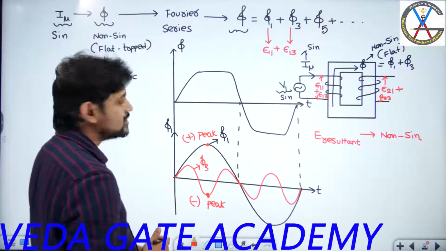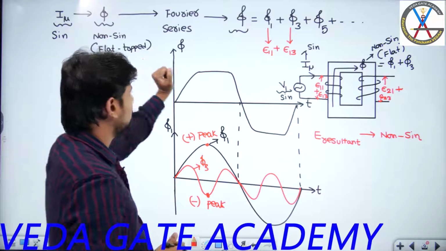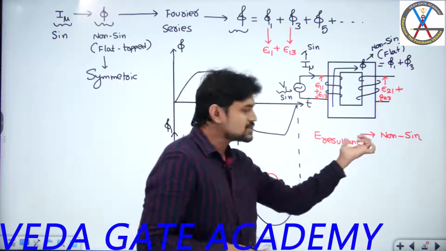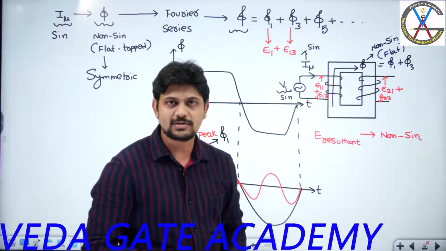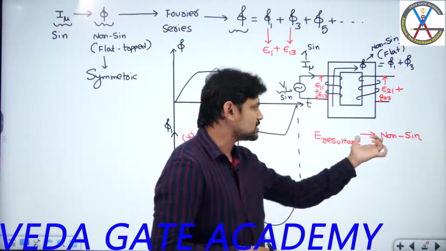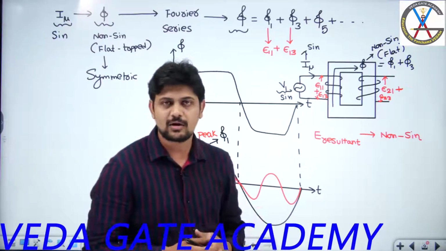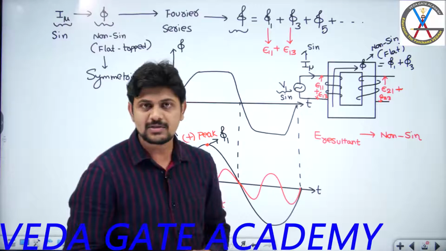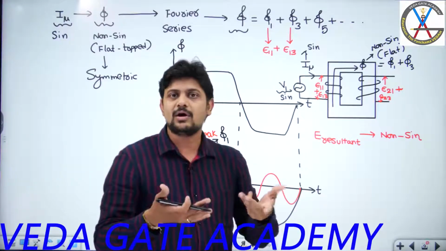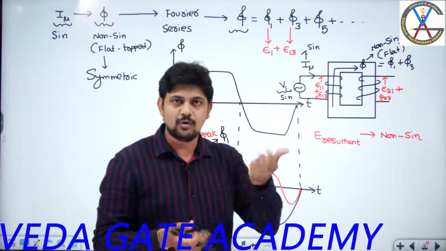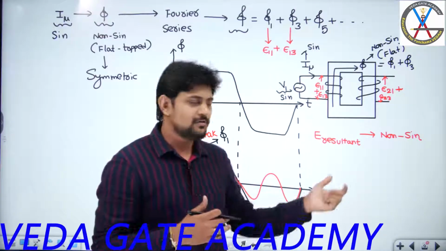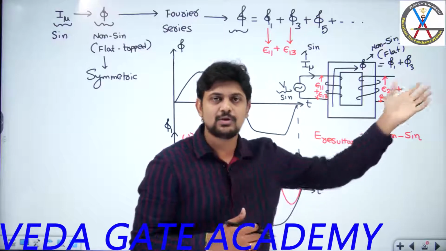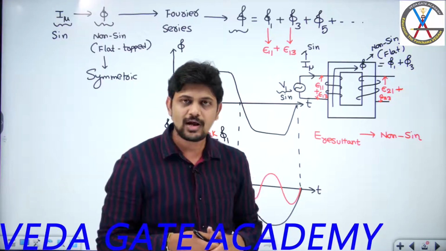So the conclusion is, if the flux is non-sinusoidal, then definitely the resultant EMFs are non-sinusoidal. Now, can we give these kinds of non-sinusoidal EMFs in power systems? No. We cannot provide non-sinusoidal EMFs containing harmonic components of current and voltage to a power system, because the power system's total harmonic distortion and harmonic content would be more. In fact, I cannot supply these non-sinusoidal EMFs to practical loads. Are you following what I am saying?